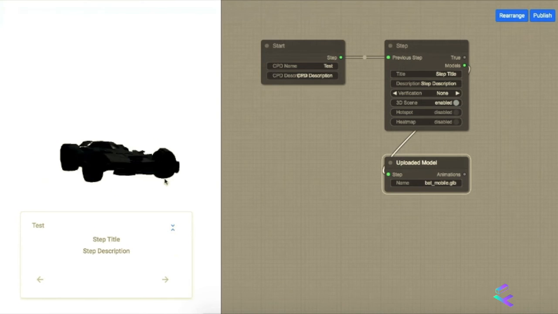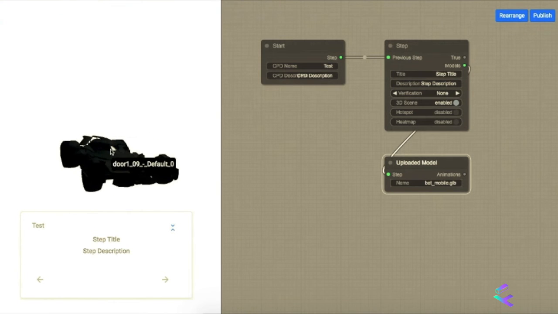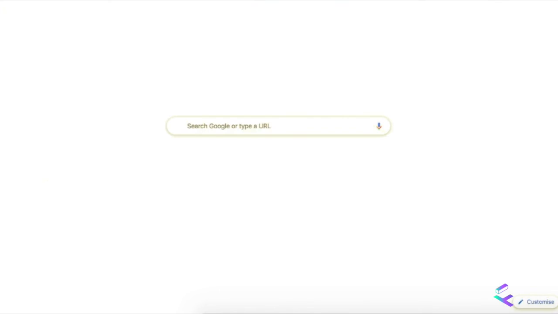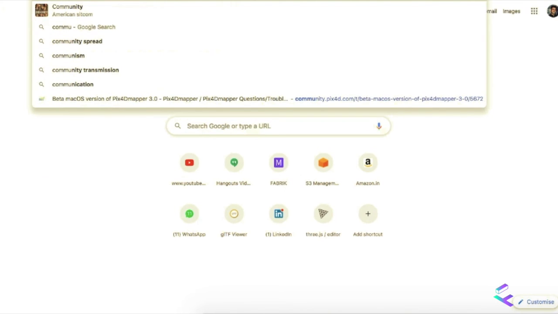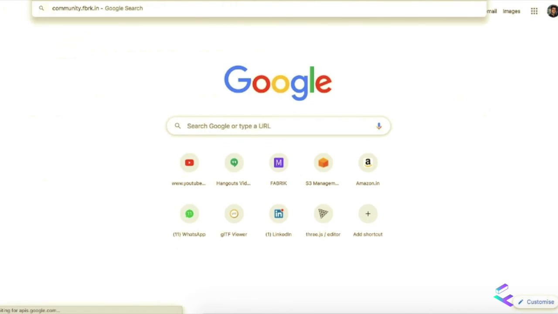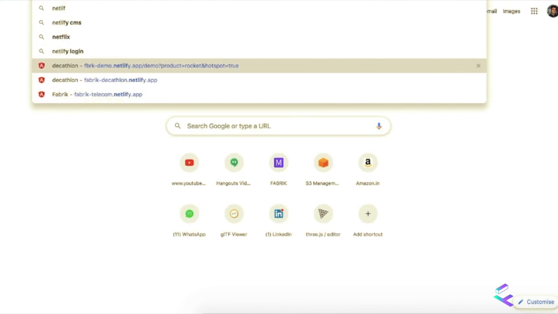Okay. So Saumil, whenever you're done with this, just open community.fabric.in, demo product equal to motor. So I don't remember the URL. You'll have to check. One second, I'll tell you. One minute, I'm opening Slack. Is it the same URL of Netlify? We just changed it, right? Yeah. Yeah, okay.